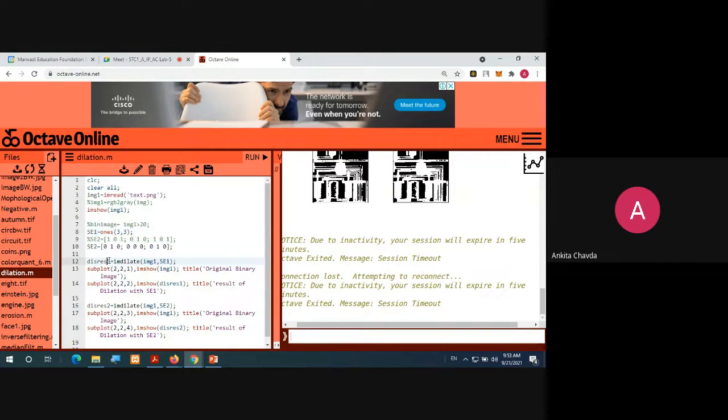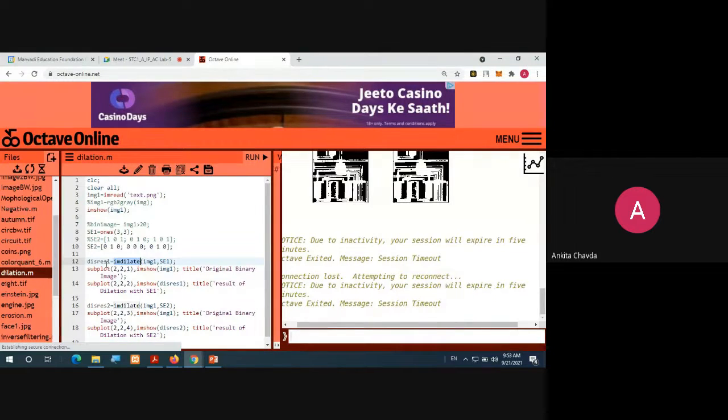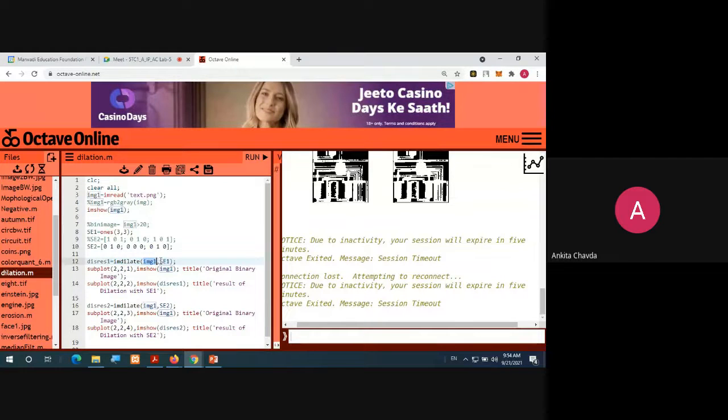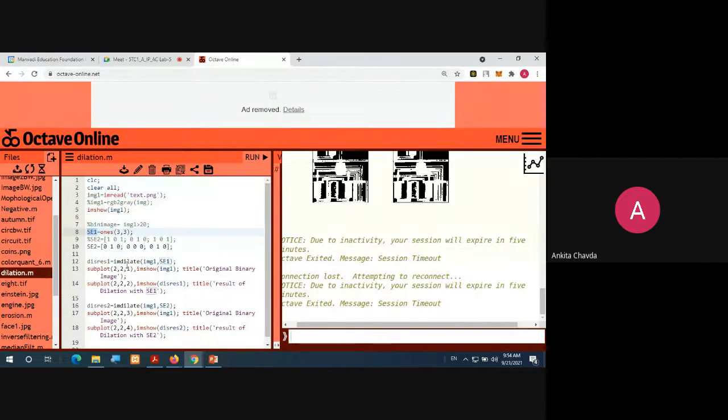Then we are applying dilation with the function imdilate. That is the function to apply dilation on my image with the structuring element. So dilation will be applied to my image 1, which I have read, with the structuring element SE1.